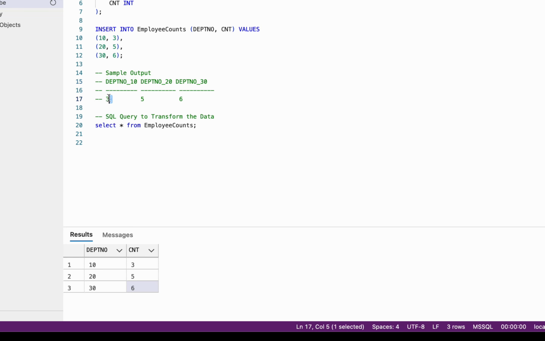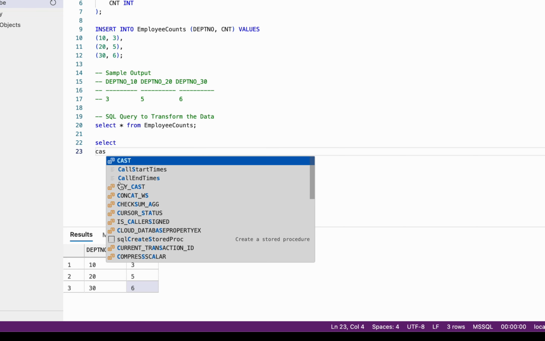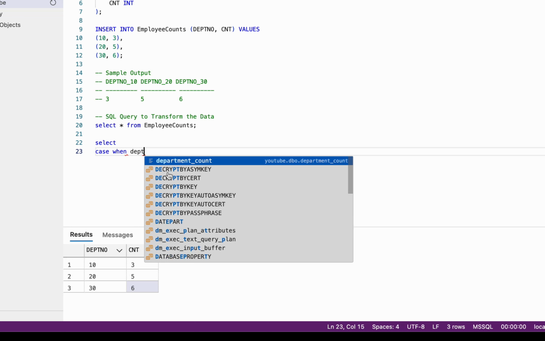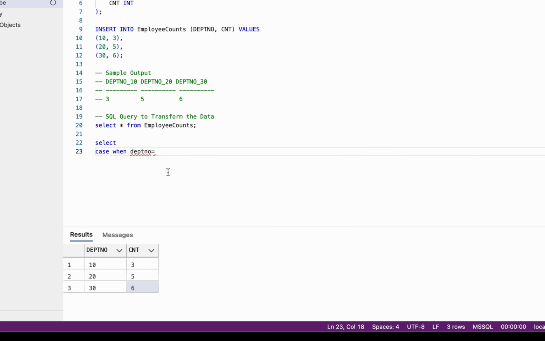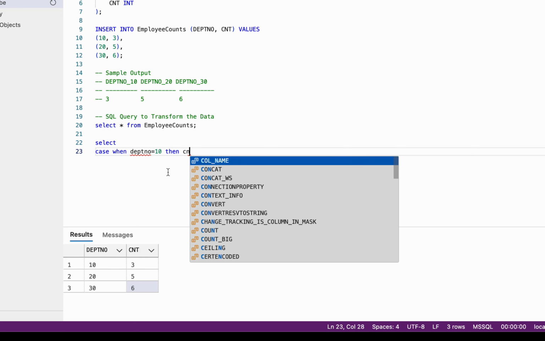To solve this, we want to convert this department number into columns. We can do this with a case statement. So let's see how we can do it. Select case 1, and we can say that DEPT number equal to 10, then we want the count, and as this department count. Similarly, we can create 3 more headers,